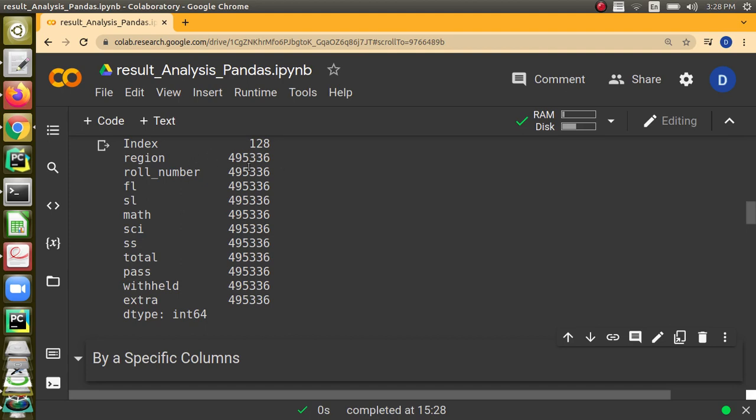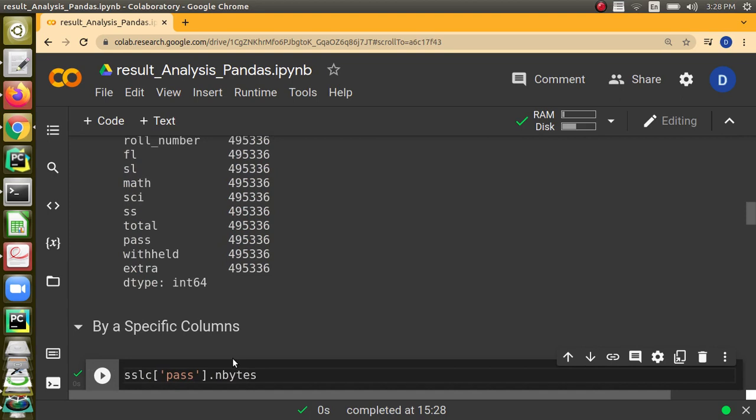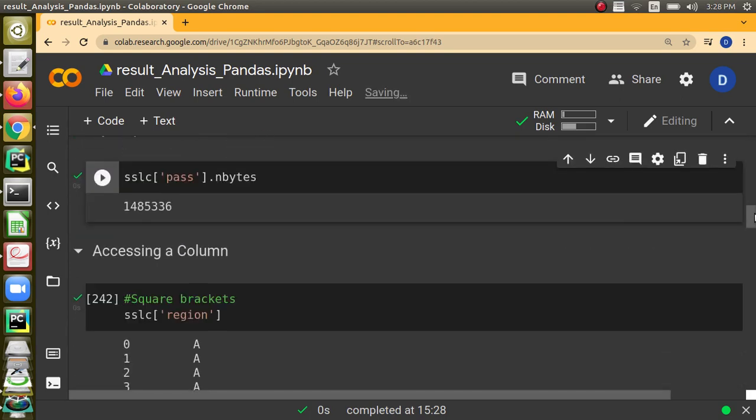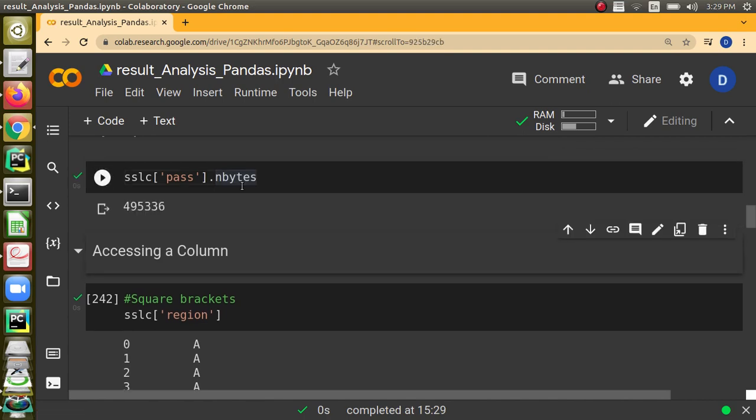For region we have got 49,005 and 4,95,336 bytes, and so on. For specific columns, if you want to know how many bytes are used, for the entire data frame we give memory usage, but for a particular column we use the data frame name, then dot, the column name, and then dot nbytes. You can use it like this, and it will give you how many bytes are present.